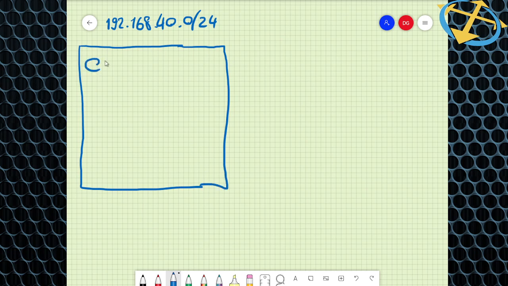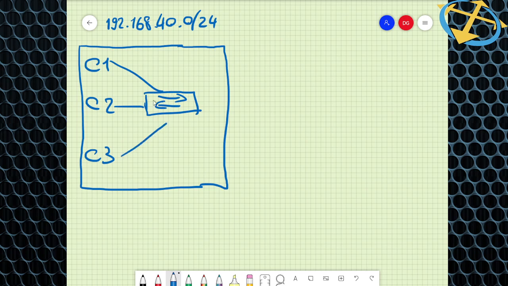And I will have a couple of containers, let's say C1, C2, and C3, which are all connected to a MacVLAN Docker network, like this. I represented the MacVLAN network with this switch symbol. And the parent interface for this MacVLAN network would be ENP0S9, which is the interface on my virtual machine,